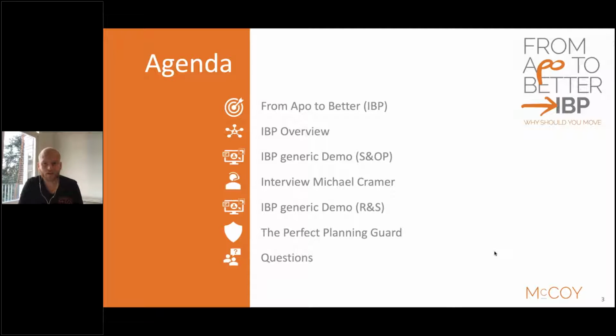One of my colleagues, Carla, will present the generic demo on response and supply, the more order-integrated module of IBP. Finally, we will conclude with the perfect planning guard, one of our tools which could help to optimize the use of IBP even further. By the end of today's session, we have room for questions. As said before, feel free to leave your questions in the chat and in the question box on the right, and you will receive answers immediately from our team.